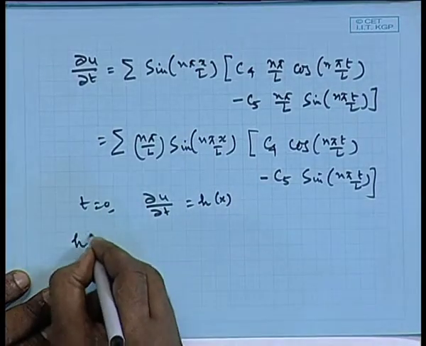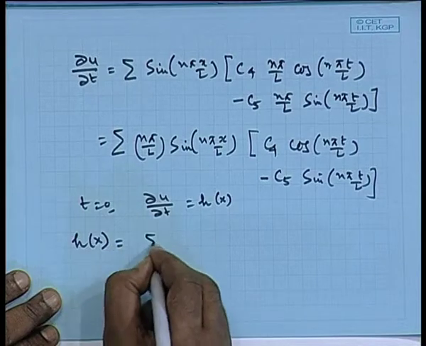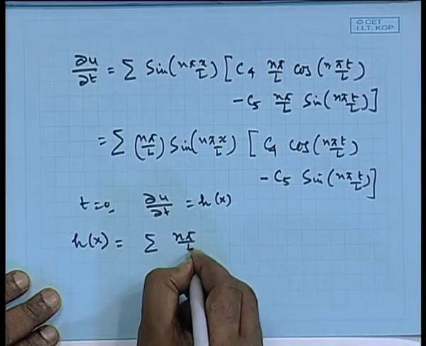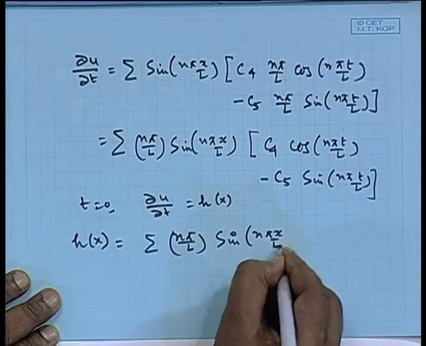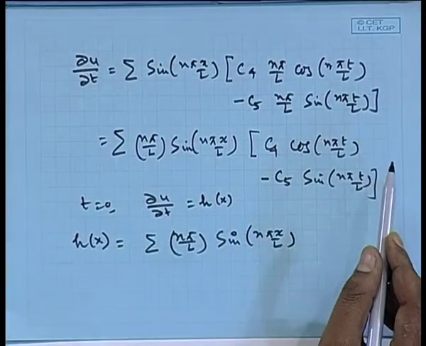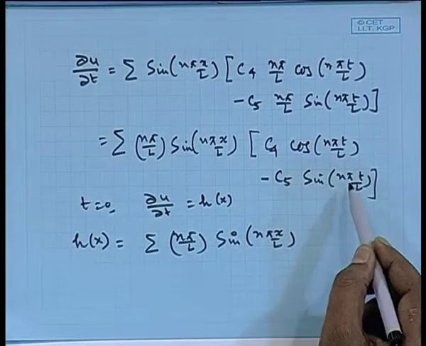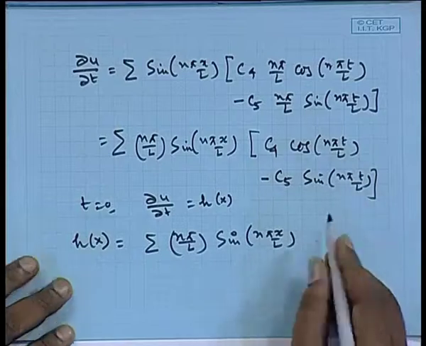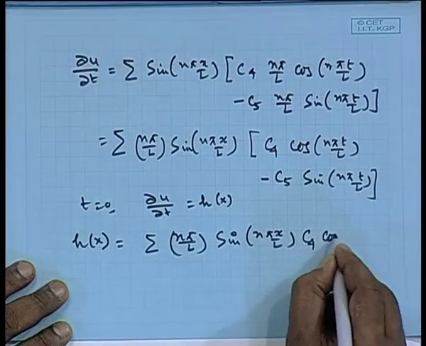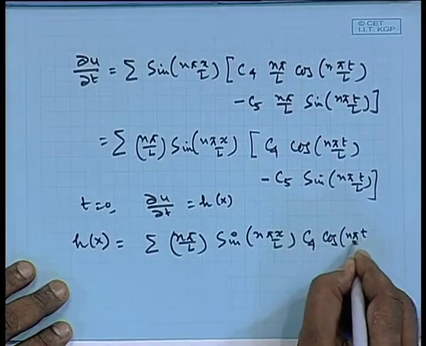So, put that, h x is equal to nothing but n pi by L sin n pi x by L. Now, at t equal to 0, the C 5 containing term will be off, but the C 4 containing term will be remaining. So, this will be C 4 cosine n pi t by L,